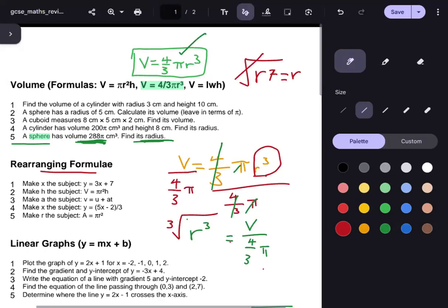But it has an equal sign in the middle, so whatever you do on the left, you must do on the right, right? So you'll cube root the other side as well. So you'll have r is equal to the cube root. Remember, these two will cancel out and you'll just have r alone. So r is equal to the cube root of V divided by